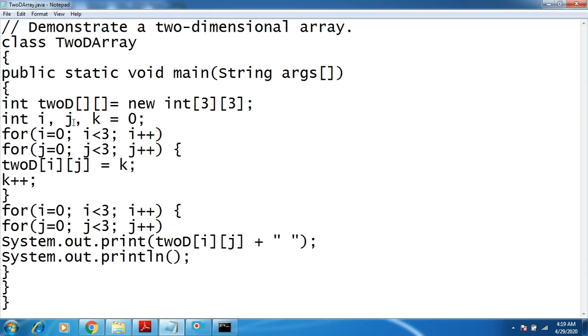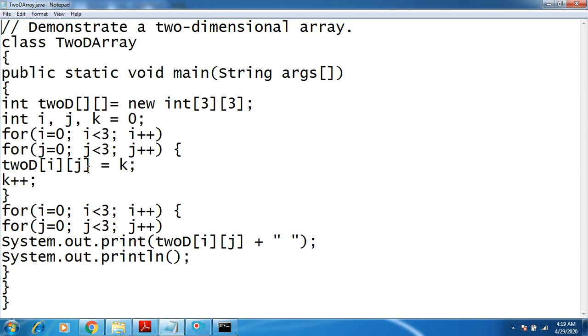We have taken 3 variables i, j, k. The value of k is initially set to 0, i is equal to 0, i is less than 3, i plus plus, j is equal to 0, j is less than 3, j plus plus, 2d[i][j] equal to k. Initially the first value you store is 0, then you increment k by 1, so the next values will be 1, 2.